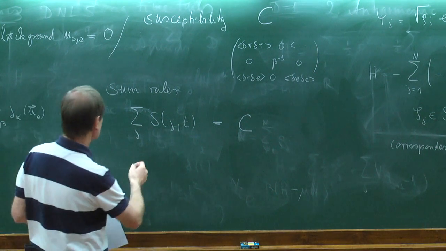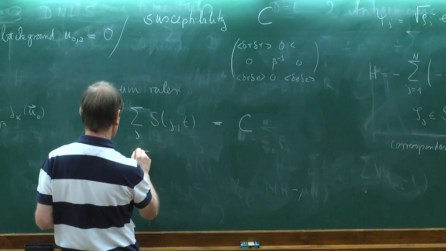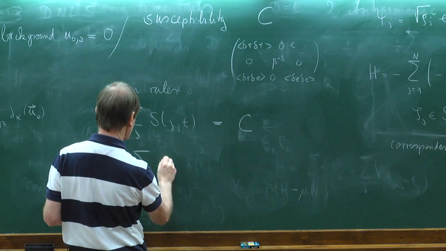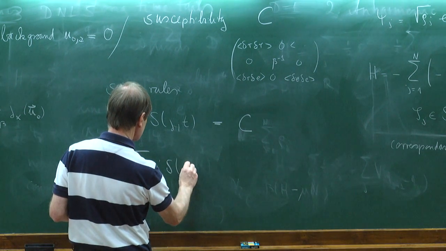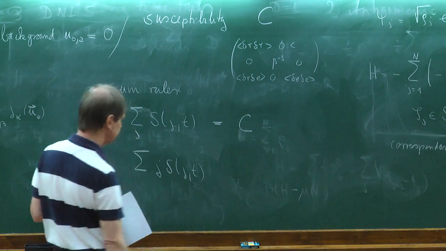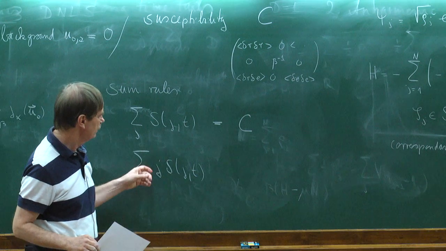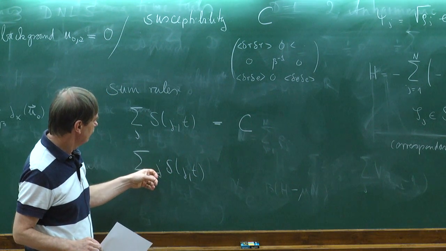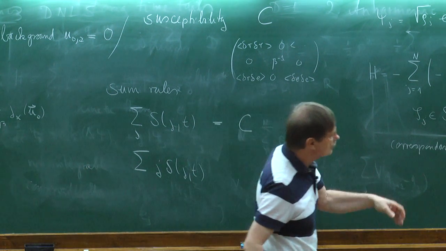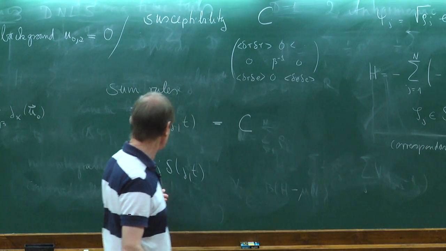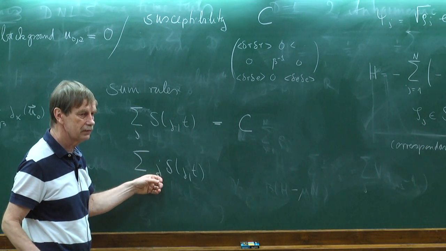Now there's a second sum rule. There are actually three sum rules, but today I will only do this one. So there's a second sum rule where I take the first moment of this matrix. Now you see there's a conservation law. So if I look at the time derivative, I will get the difference of currents, and then I can do a partial integration, and so I get rid of this J, right?